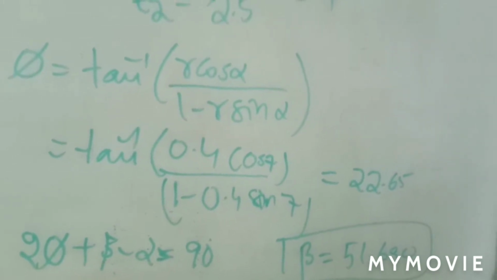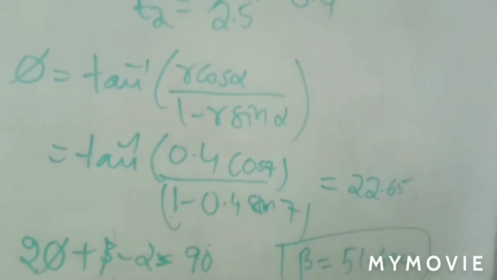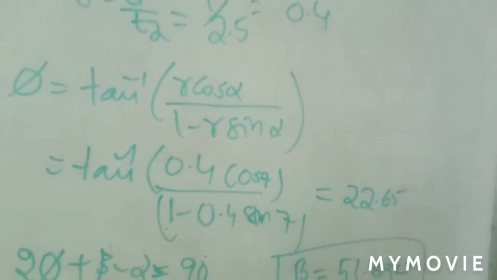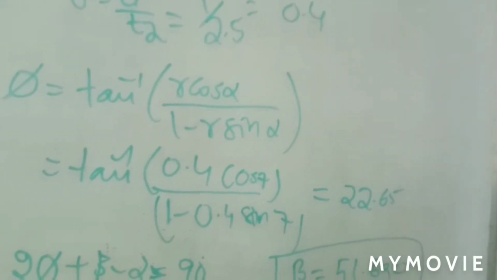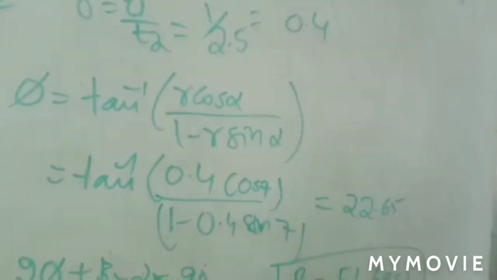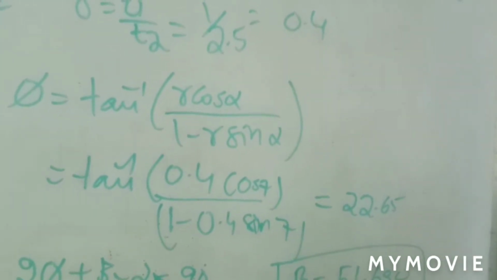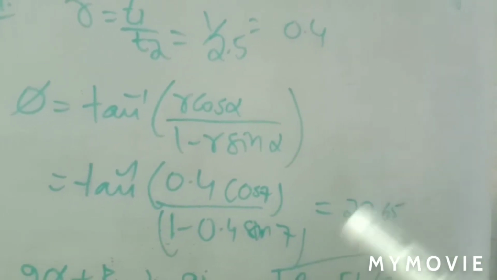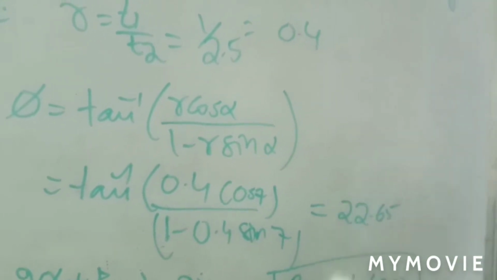This is how you are supposed to solve the problem. Very, very easy problem. Right? So this is one of the linked answer questions. That means each question carries 2 marks, so you will get 4 marks if you solve like this. No need to write down all these things, but for your explanation only I am giving the relations in detail.